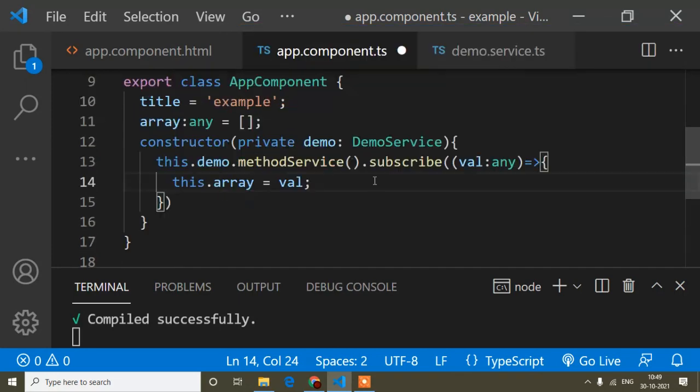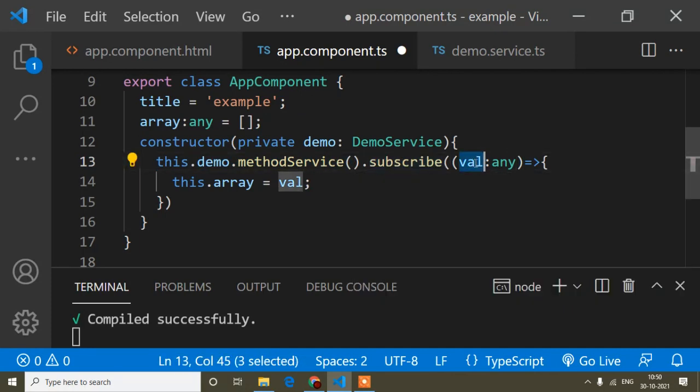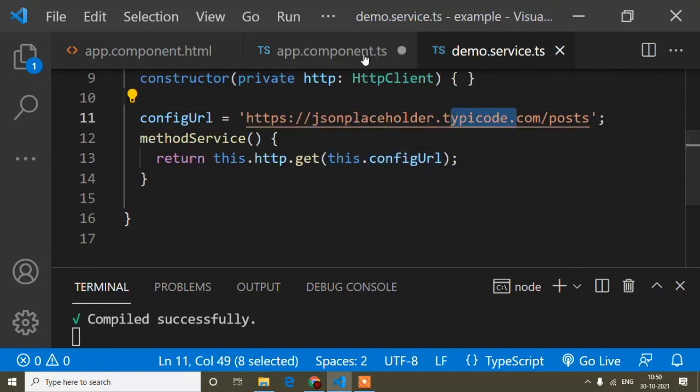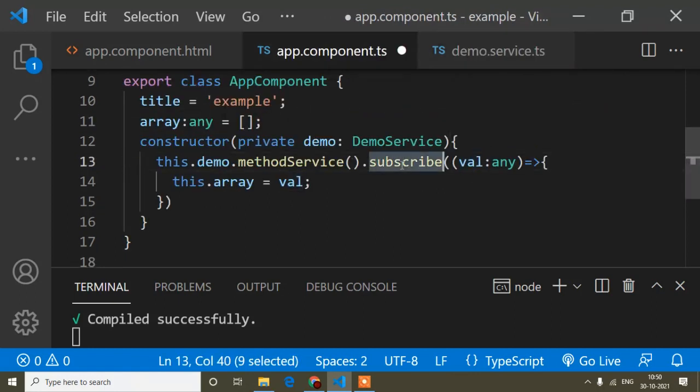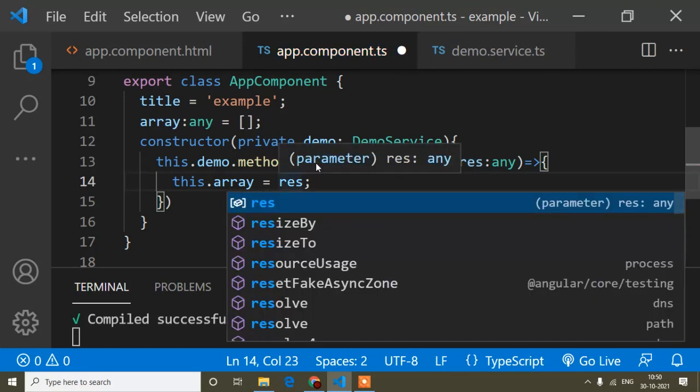What I have done is first subscribe to this method, and here I have passed a parameter, because after subscribing I get whatever is in this API through this parameter. This parameter I have now stored in this array variable. You can write anything here: someone writes response, someone writes data, anything you can write.